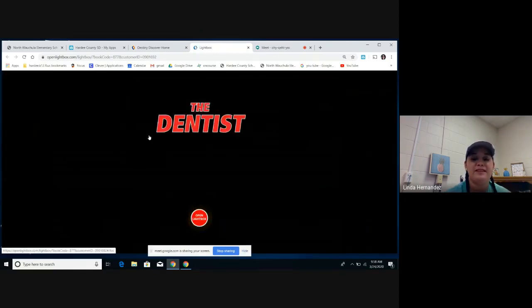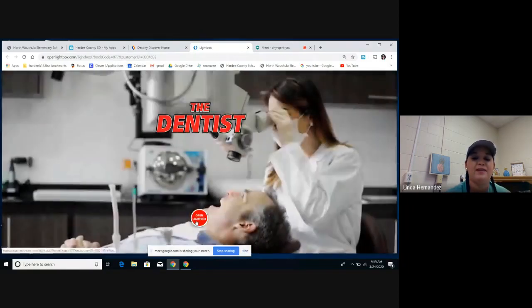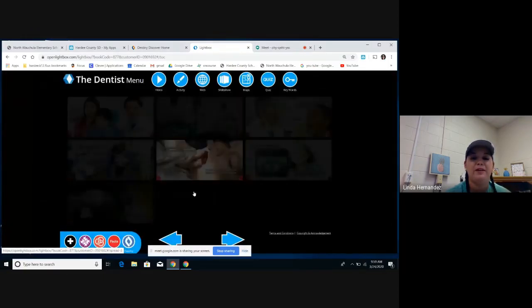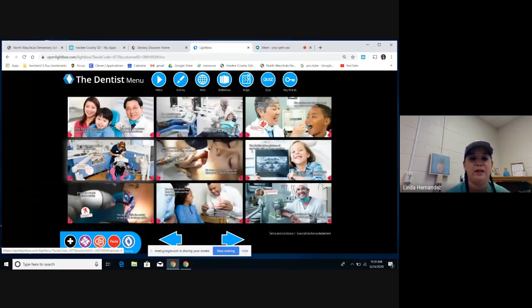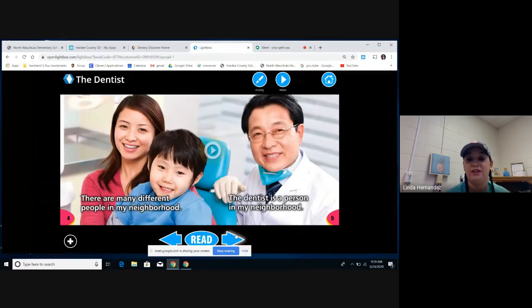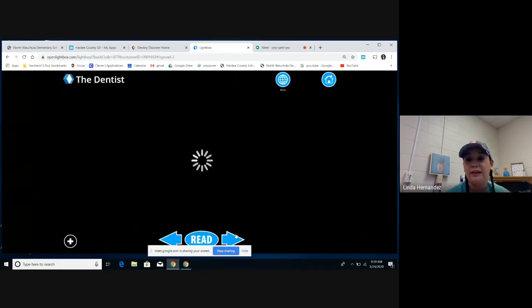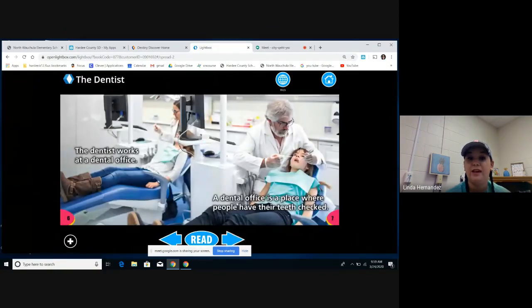And the reason that this is my favorite is because this not only has a book to read, but it also has other resources that go with it. So these things down here, these are all the pages of the book. So I can actually go through here and read the pages. But on each page, and I'll go back to the beginning,